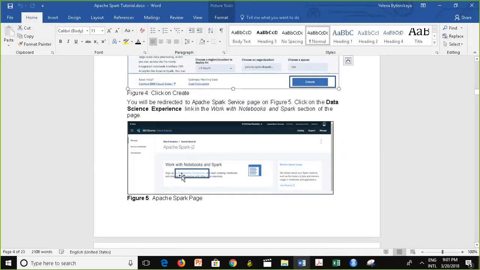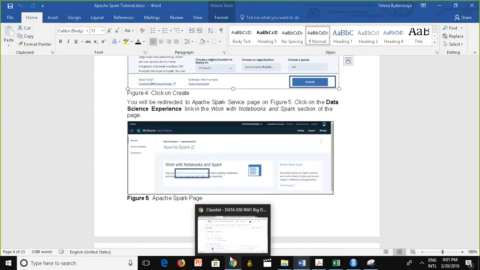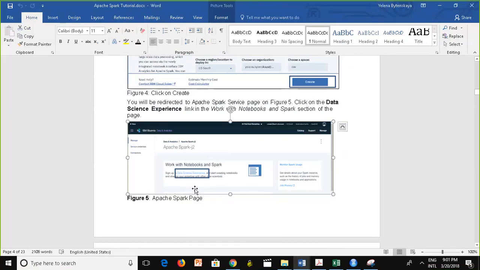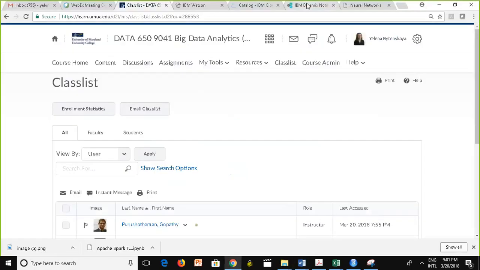Then in the service, important, you need to click on this link in the Apache Spark service, right? You're not going to Data Science Experience directly, which was renamed. You want to go through that link, because when you go through that link, something gets set up for you automatically, right? So once you follow that,